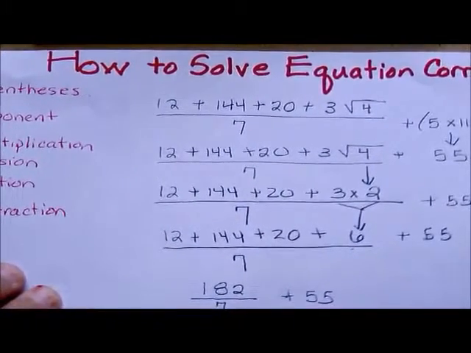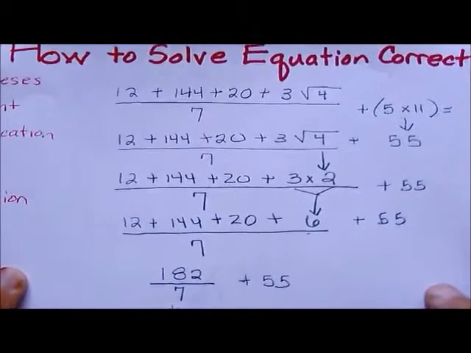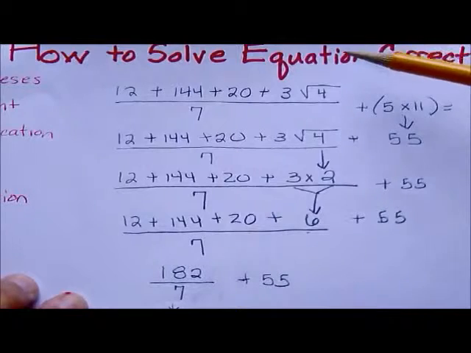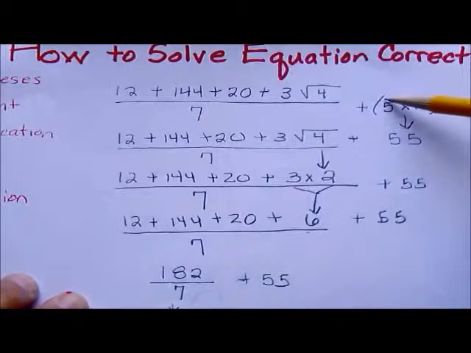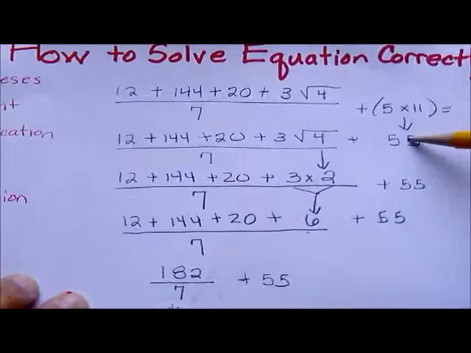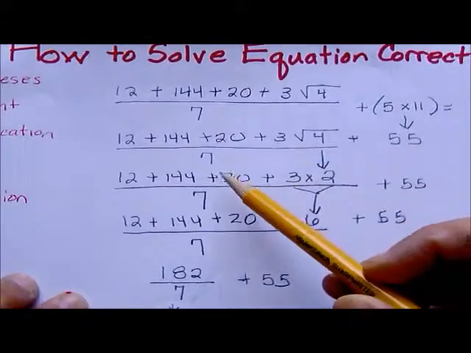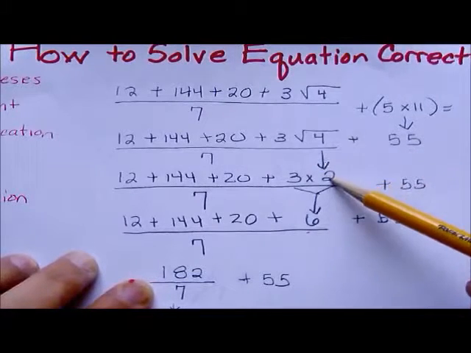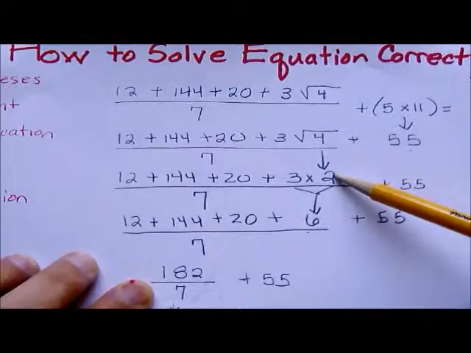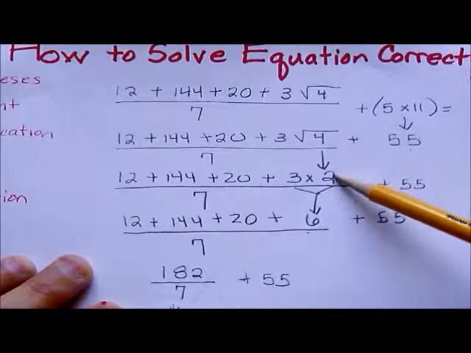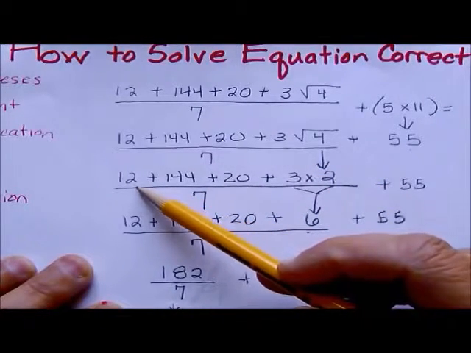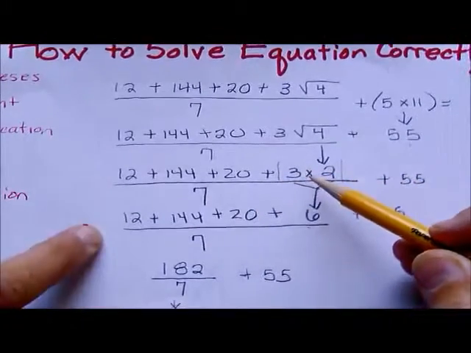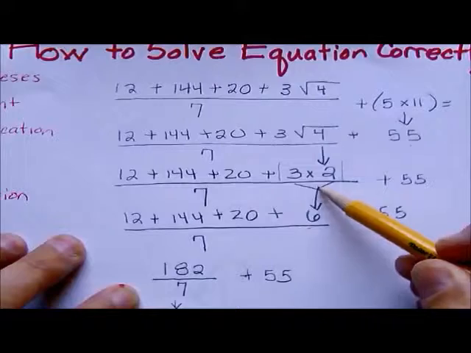As you can see, I've written it all out to practice, and you may want to do it that way too. So first, we start out with the parentheses. We bring down 5 times 11 is 55, obviously. So then I went ahead and just wrote it all across. Now, we know that the square root of 4 is 2, so we already know that rule. And then I did not add, I multiplied because that was next order of operation, and I got 3 times 2 is 6. So I brought that down and just kept